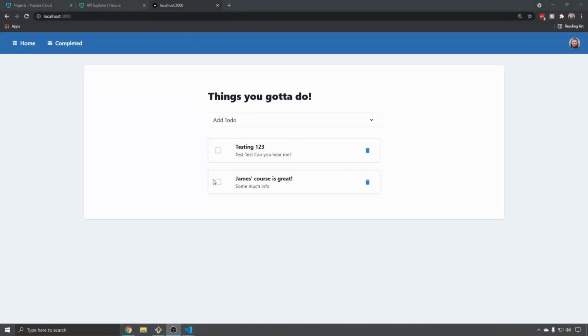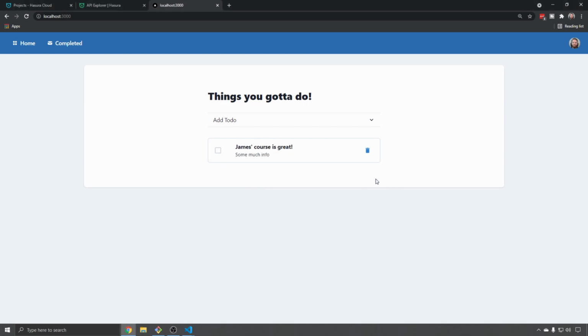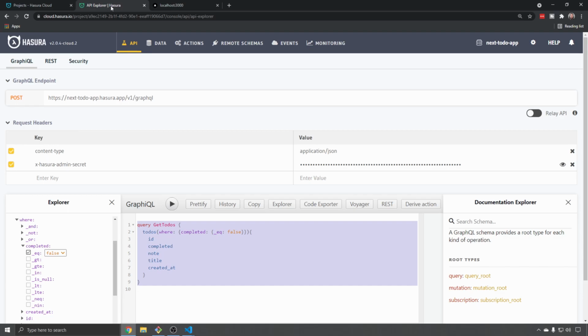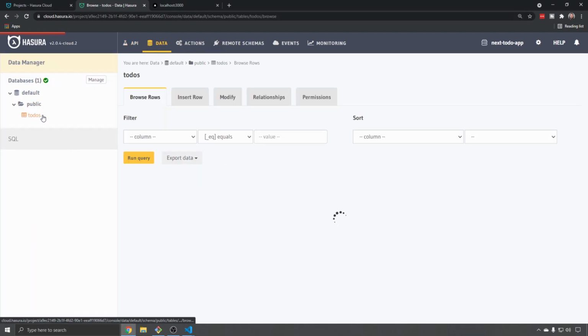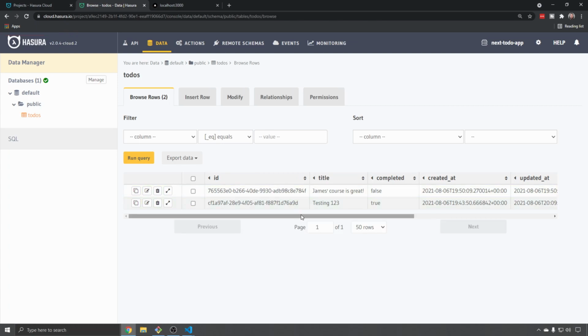So here we have 2, and I think I'm going to check this one off. So let's click it, and it's immediately gone from the screen. And in theory, it should be updated in our Explorer. So if we go here, go to our data section, and go to our to-dos table, and look at this testing 1, 2, 3, it is set to true. So we know that this one is completed now, and the only one that's going to get returned is this